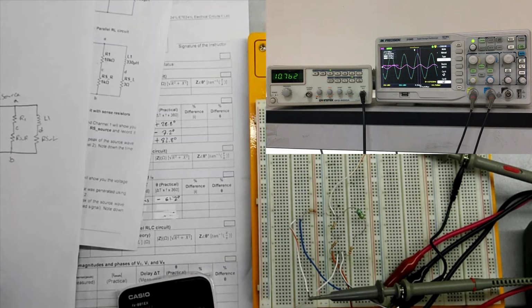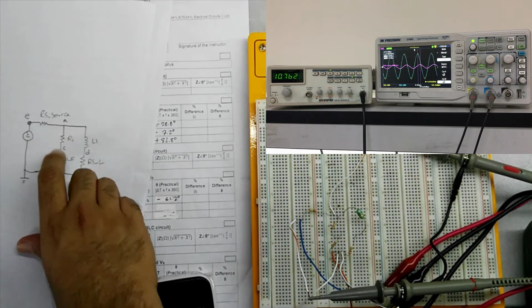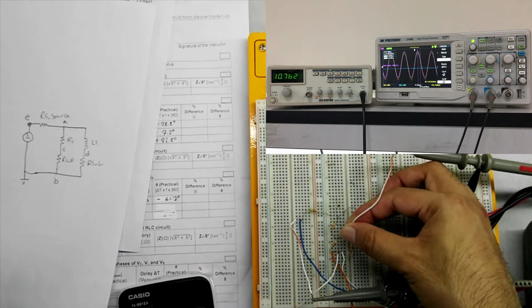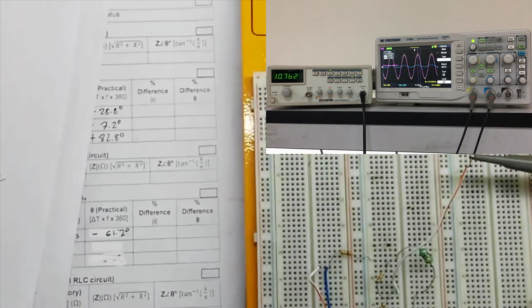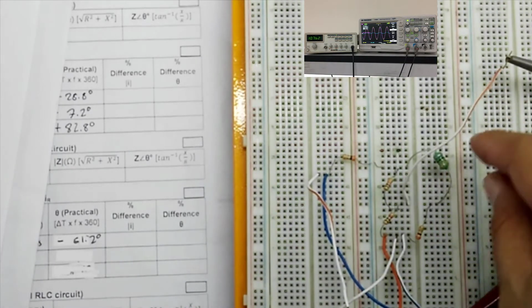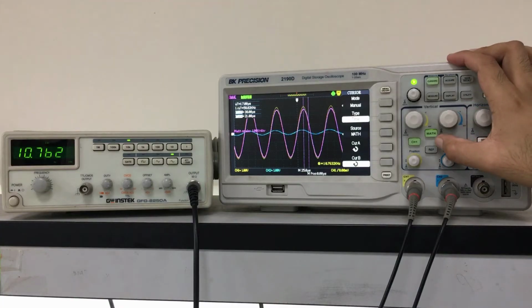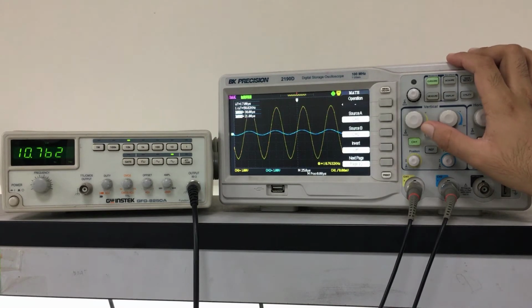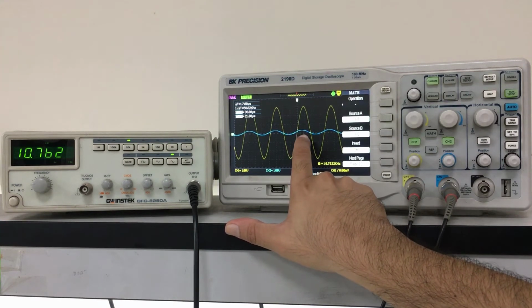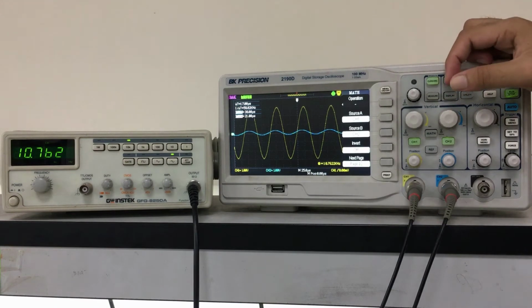Since we have completed calculating RS source, we can move channel 2 from A to C, which I am doing by moving this from A to C. So I have moved this channel from this node A to this node E. Now we can turn off the math function, and channel 1 is our source and channel 2 is our voltage drop across the sense resistor for the resistance, and we can easily get the value of the sense resistance from